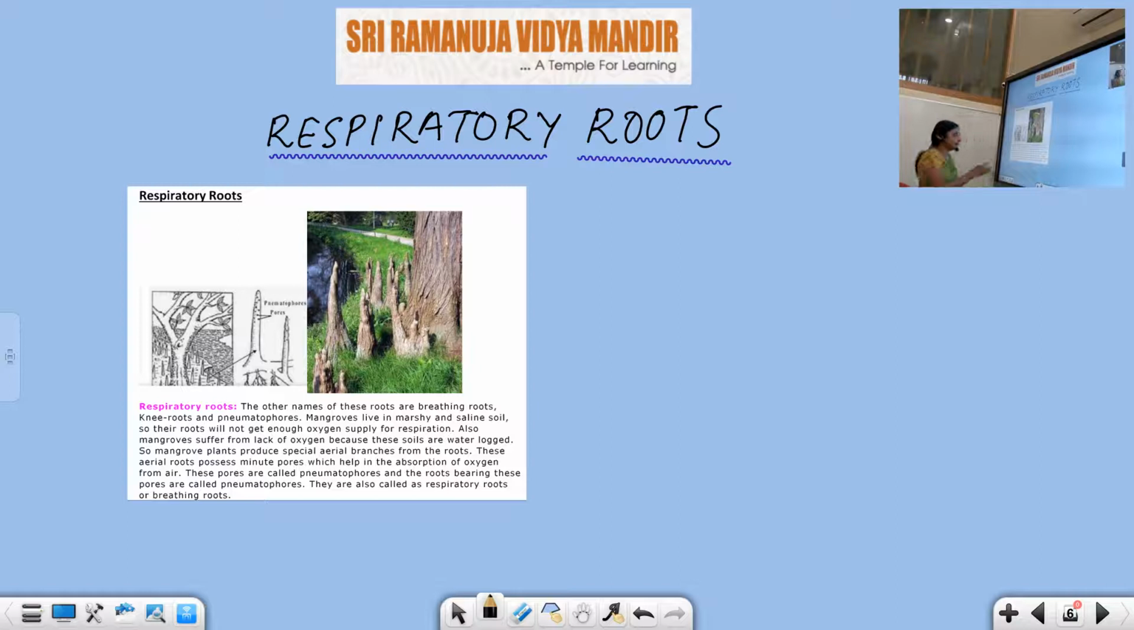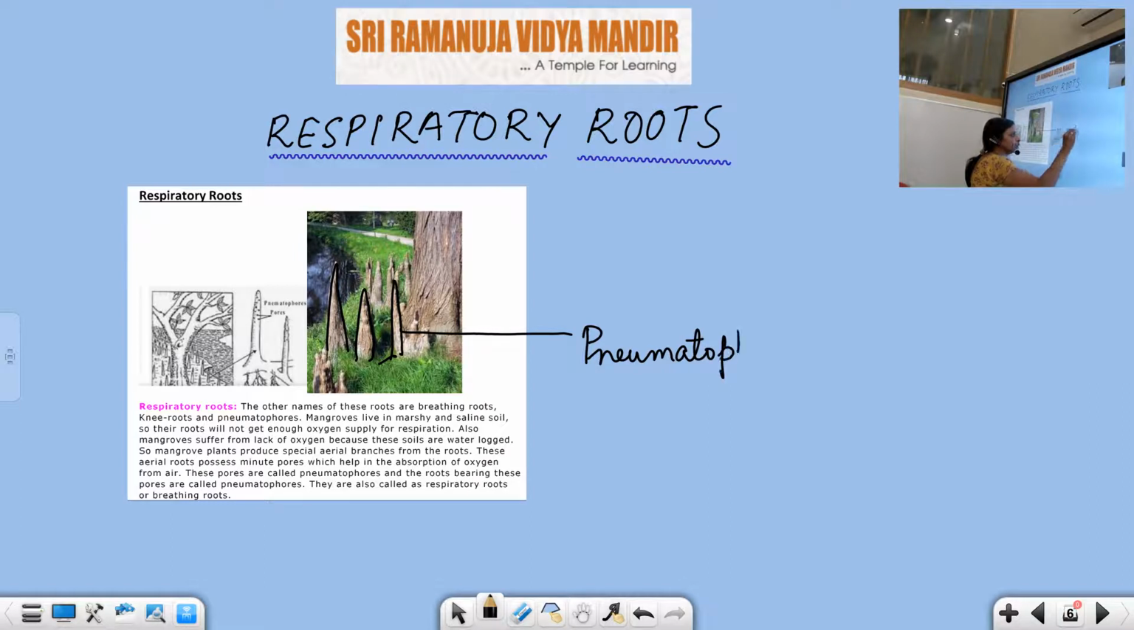So in these plants, from the root, a vertical structure forms in the upward direction. These roots which are coming out from the ground are called pneumatophores. It is not pore, it is phore. Phore means stalk. So from the roots, a vertical structure is coming outside, above the ground level, and in these pneumatophores,